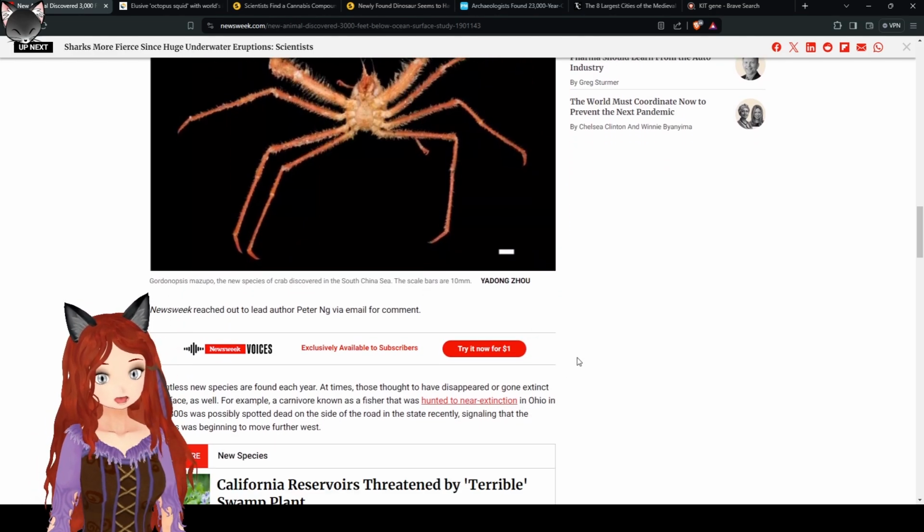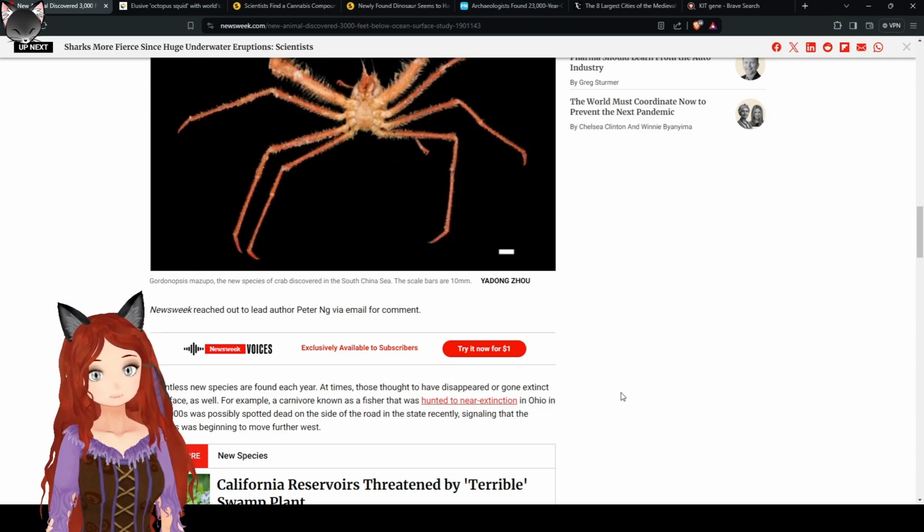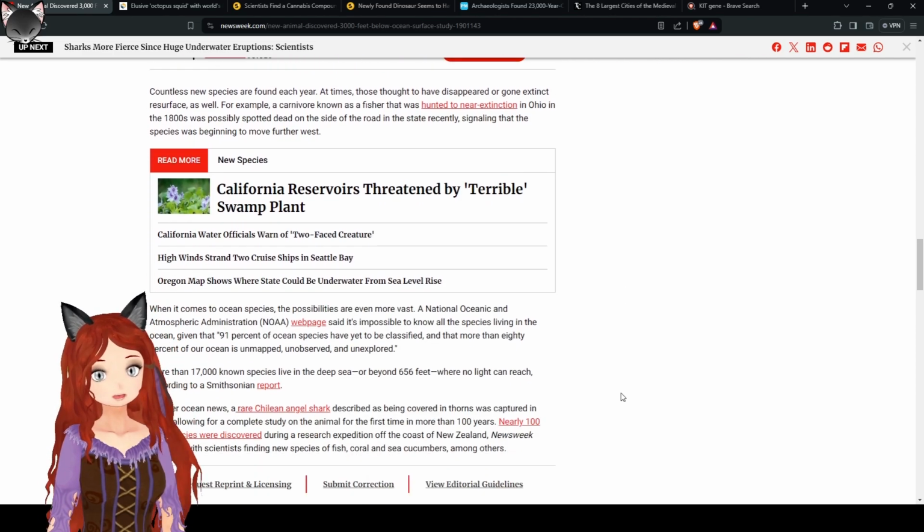Countless new species are found each year. At times, those thought to have disappeared or gone extinct resurface. For example, a carnivore known as a fisher that was hunted to near extinction in Ohio in the 1800s was possibly spotted dead on the side of the road in the state recently, signaling the species has begun to move further west. When it comes to ocean species, the possibilities...